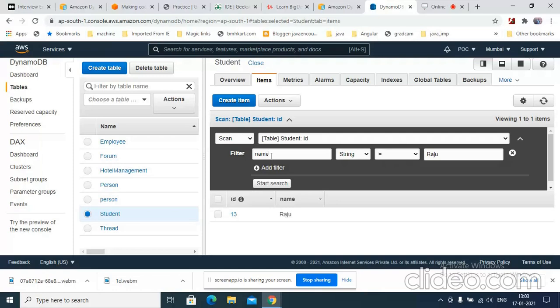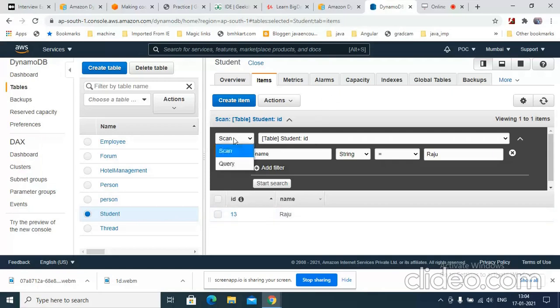If it is there, is its value Raju? No. It will keep on going. If it finds the record, suppose at index 15, it will keep it there and then move on. So for any query, it has to scan the whole database. That's why it is a bit costlier, a bit slow, we can say.